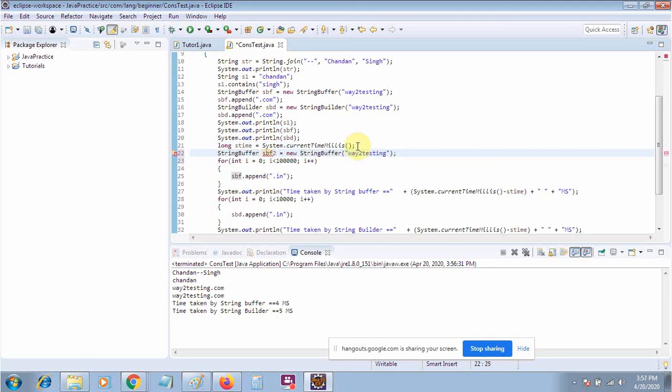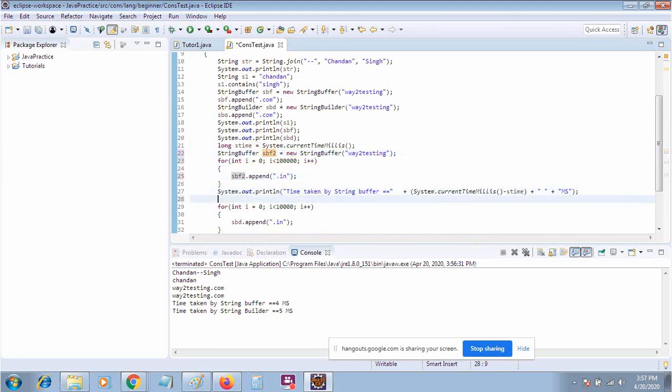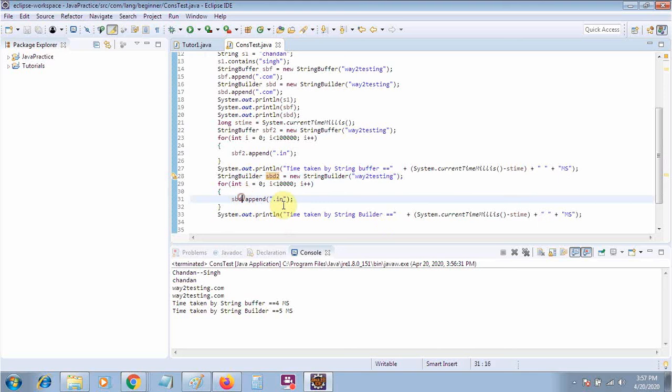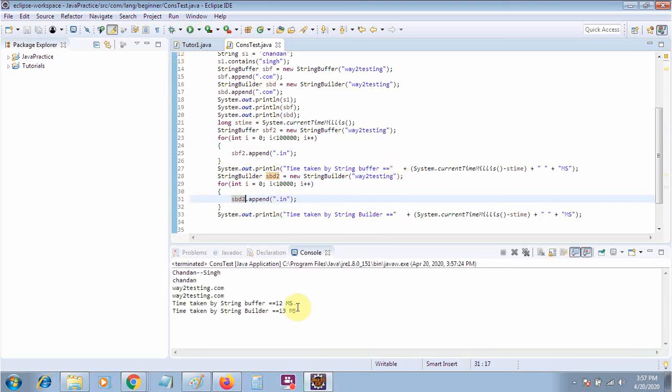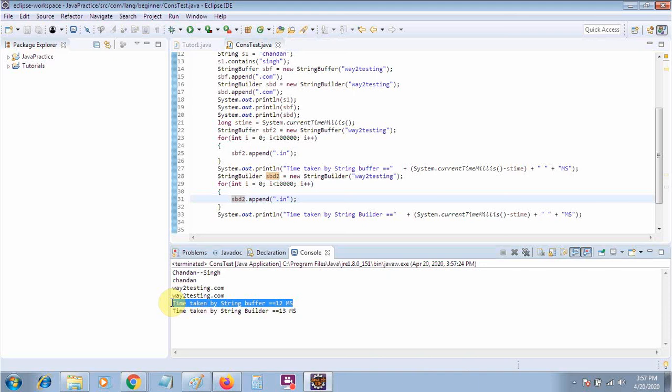So let me create it again this way. What I am trying to do is show you that StringBuilder will take very little time, because this is a very small operation and we are measuring in milliseconds, so the time may vary. But in general, StringBuffer will take more time and StringBuilder will take less time.